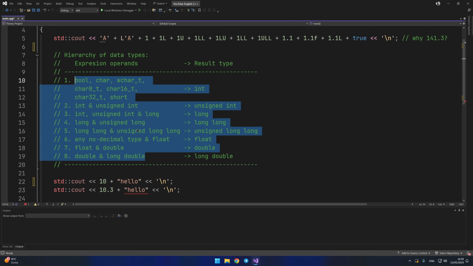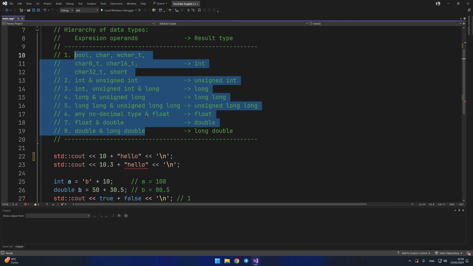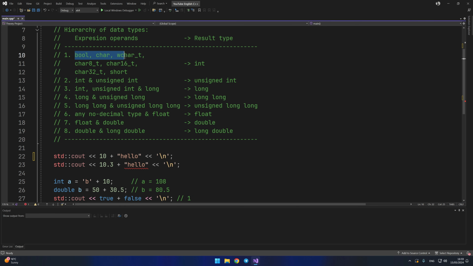In simple words, in the hierarchy, these types are in the following order: all character types, short type, and the logical type are always converted to the int type. The following order is int, unsigned int, long, unsigned long. Further, all non-decimal types will be converted into decimal ones if they are present in the expression. Well, at the end of the hierarchy, there is the order float, double, and long double. So long double is the highest type.